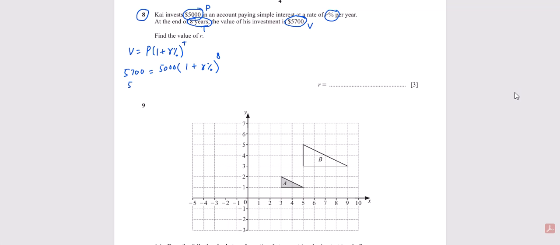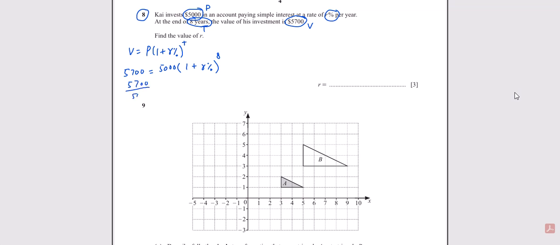Divide by 5000. It is equal to 1 plus R% overall to the power 8. So divide these values and calculate. We get 1.14, that is equal to 1 plus